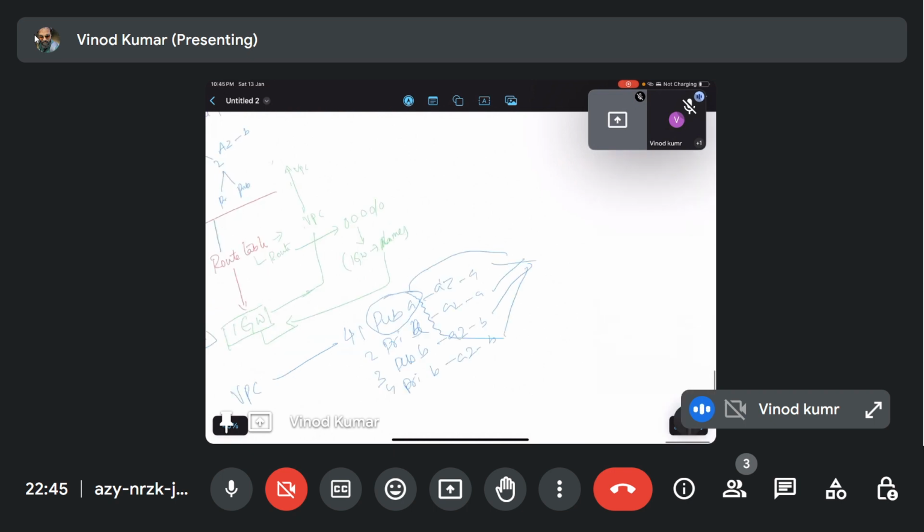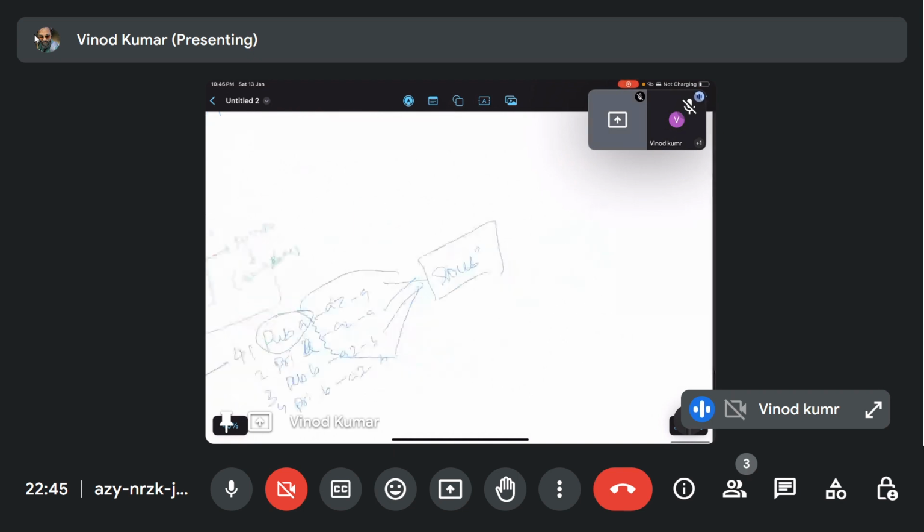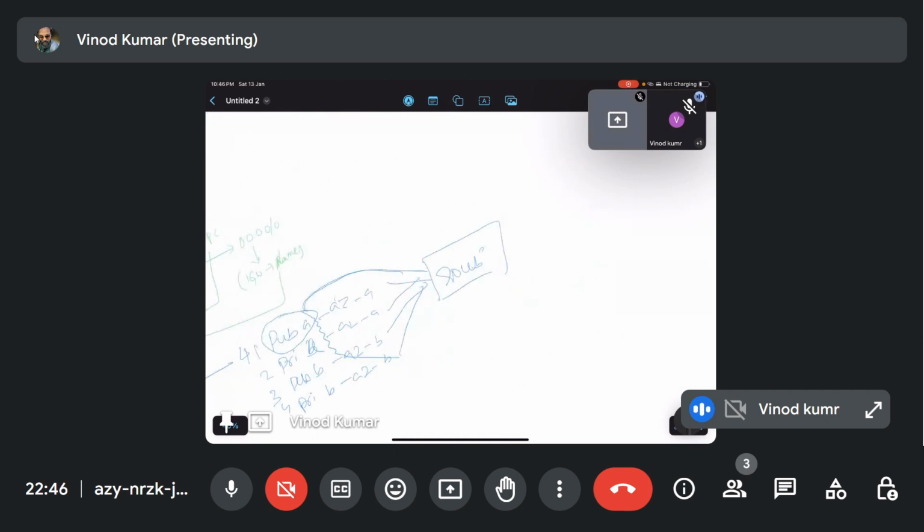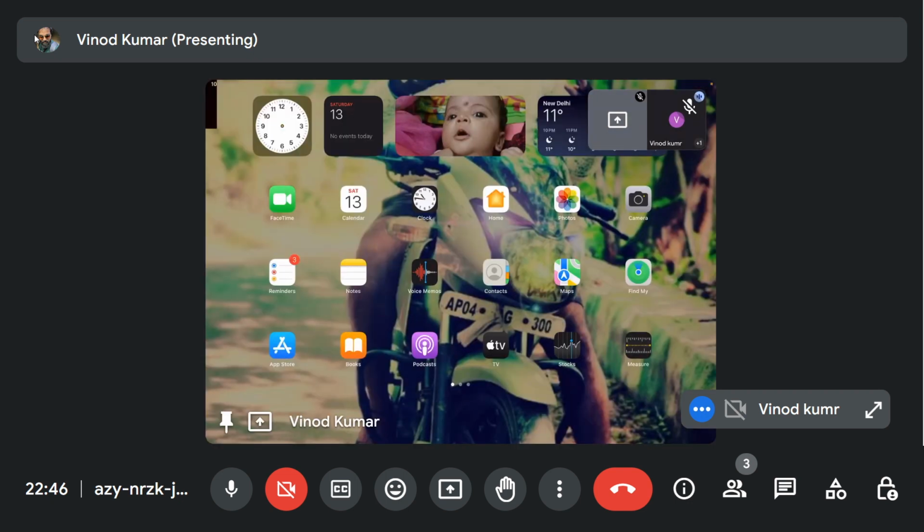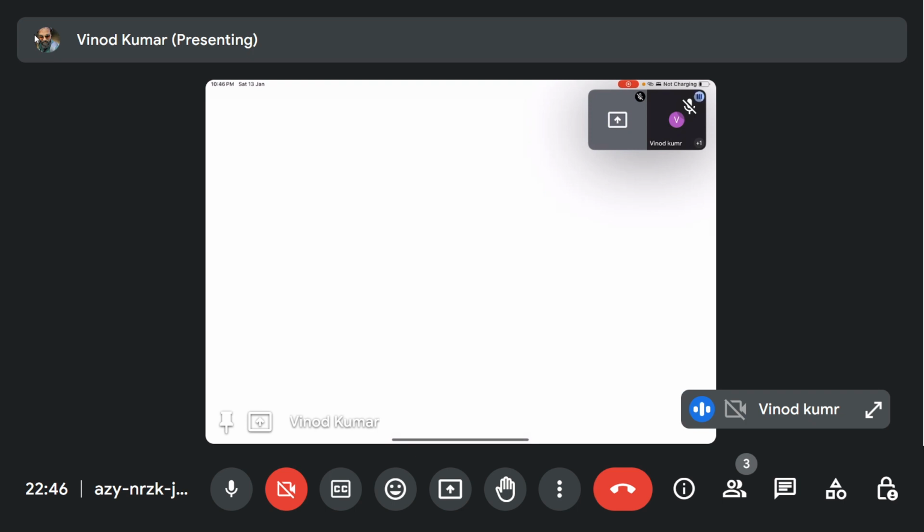All these routes have been added to the route table, but the single subnet which we made public is the only one attached to the gateway. The rest are not attached to the gateway. So that is what we did. Okay, now go to the EC2 instance.